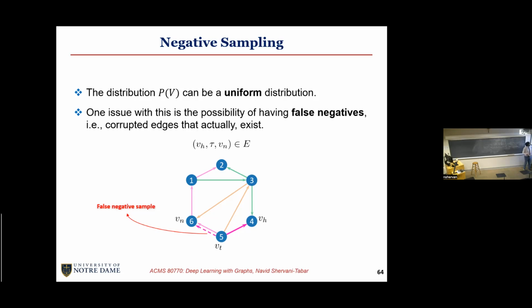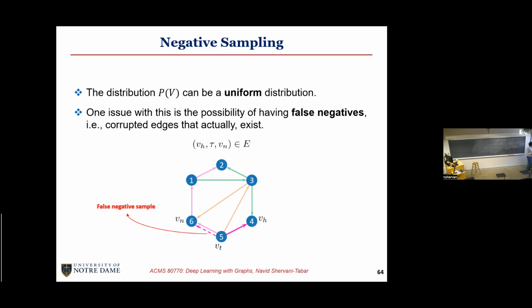So this is a false negative sample. We have randomly selected a node, connected it to our head entity, and we wanted to have a corrupted edge, but what we have actually is an actual edge that is in the graph. So we don't want to do that. It doesn't happen all the time because there are a large number of nodes in the graph,